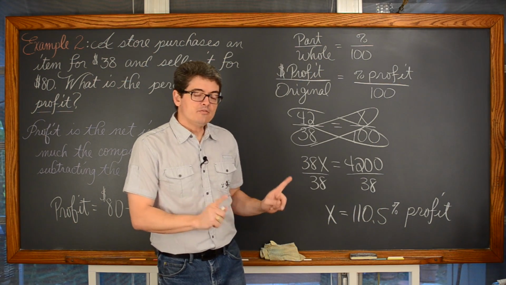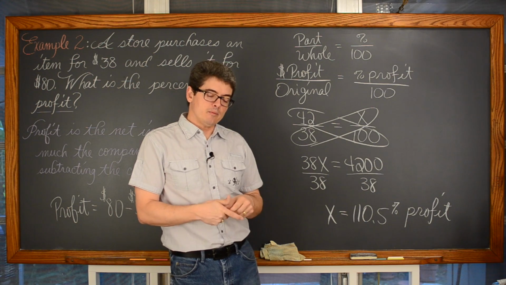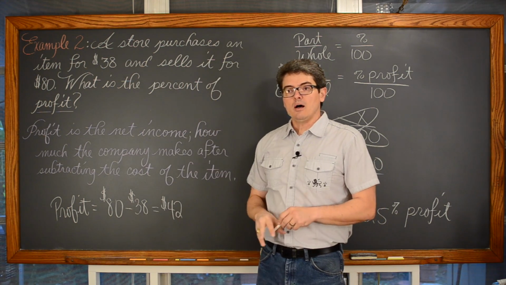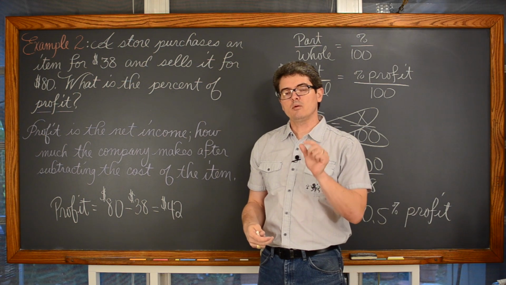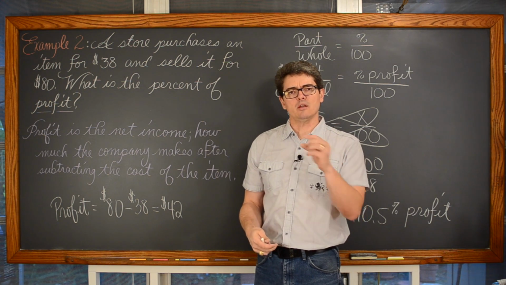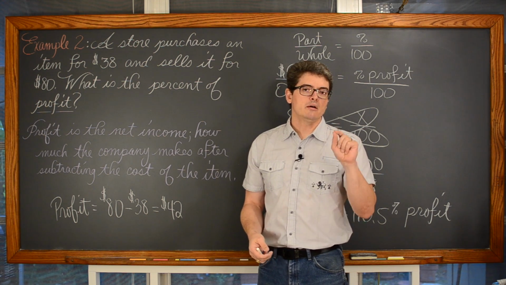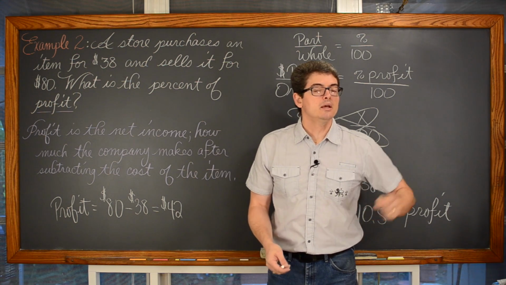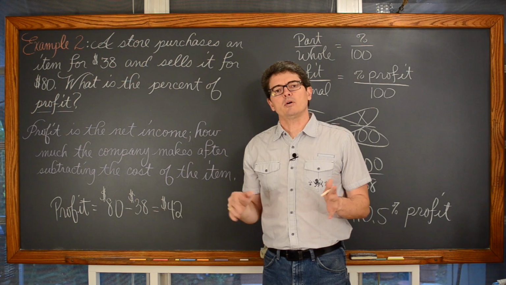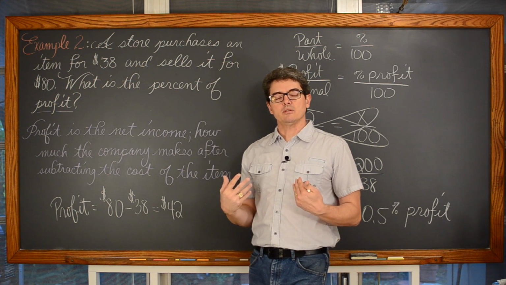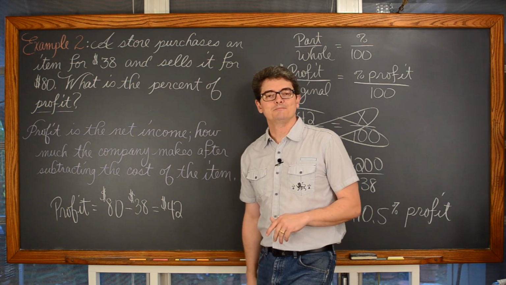Okay, I'm going to step off. I'm going to reveal another way of doing this problem, same setting. I'm not going to explain my way through it. I'm going to do that when I'm done, and I'm going to do the problem with that equation. The original plus or minus a percent of change times the original amount is going to be equal to the new value. See if you can pause the video and set that up on your own before you see my solution, and then I'll come back and explain it.